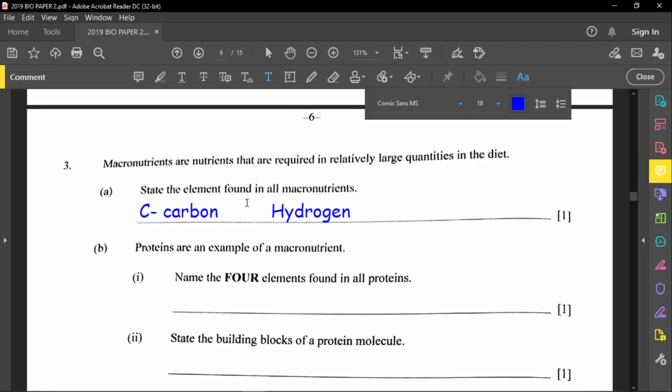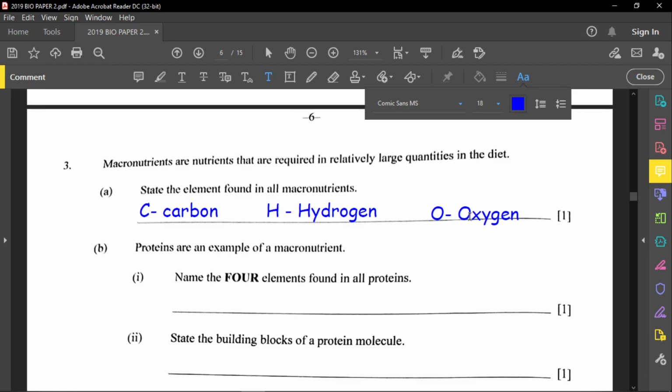So H is for hydrogen. And we also have oxygen, symbolized by O. So these are the elements present